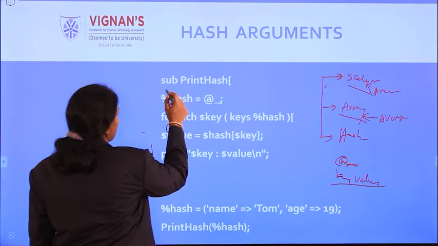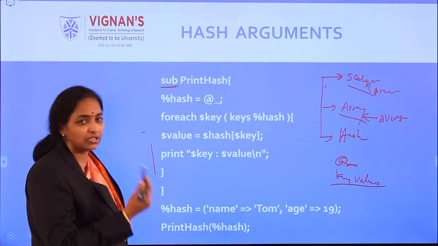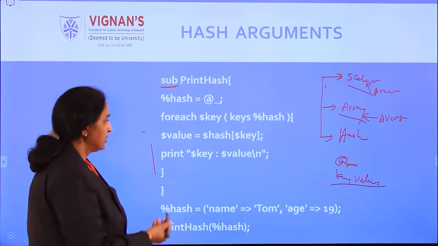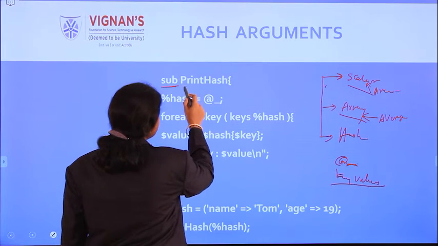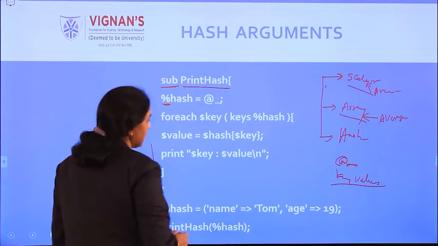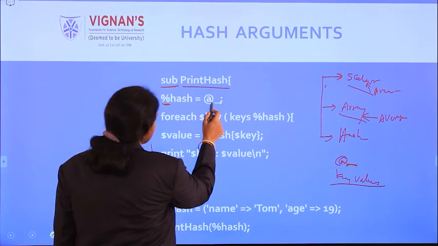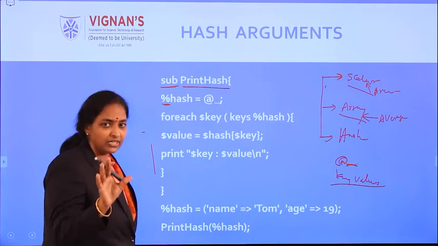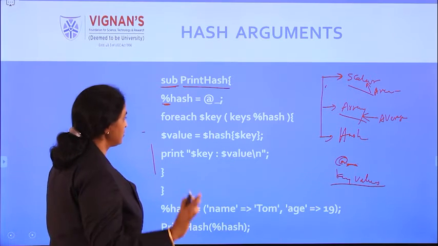So see in this program, sub is the keyword. Since we are learning how to pass the hashes, how to handle the hashes with the help of the iterate, default array. So sub print hash. Now as you know that this symbol is for hash data. So percentage hash is equal to iterate. Now iterate underscore earlier takes the parameters array. Now it will take the parameters as the hashes.